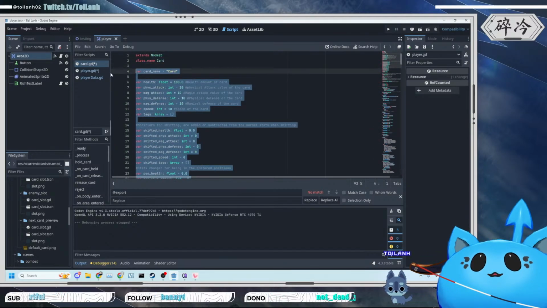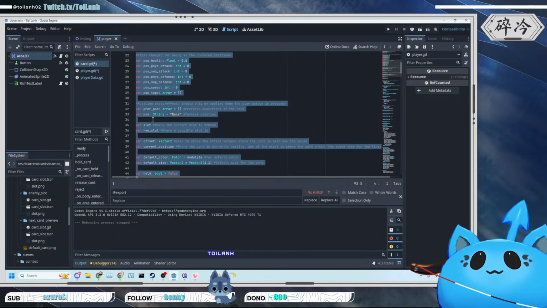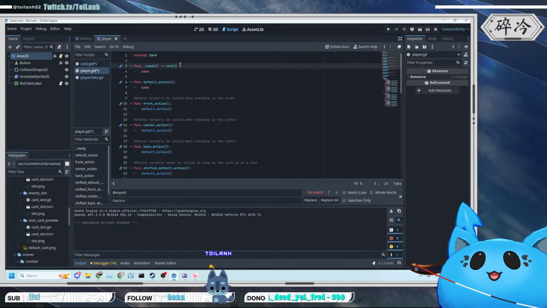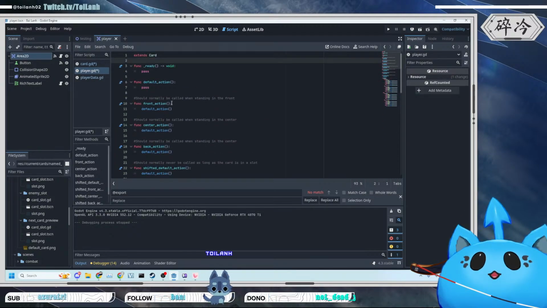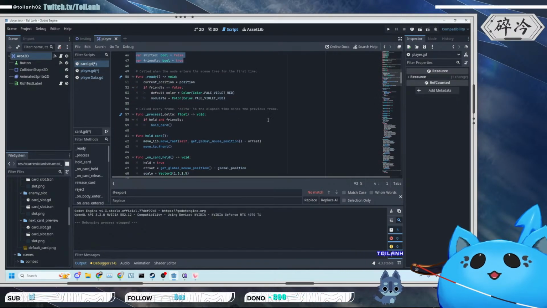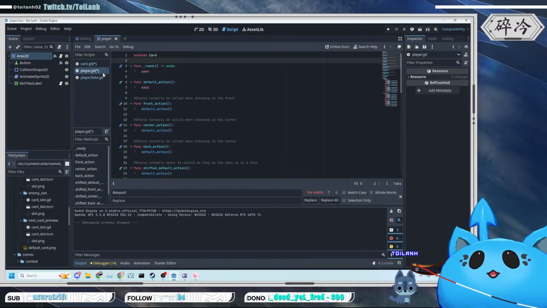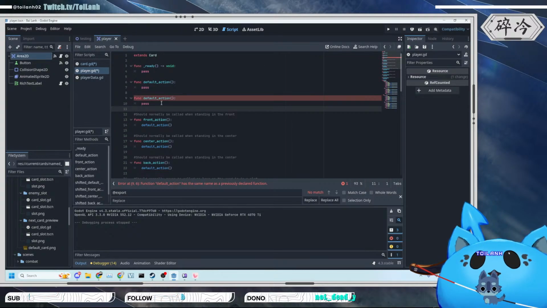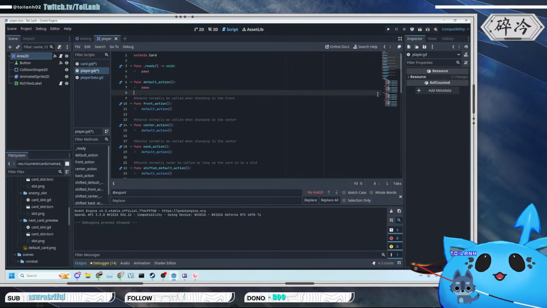We're gonna make new variables for all these, right? Here we go. And we're gonna put these at the top. Got get target. Do we have actions? Yeah, we have the actions right here. Default action. I forgot to grab default action. Default action. Here we go. There. And then we erase that. Oh wait, no, we already had that. Never mind. Okay, and then here at the very top, we take